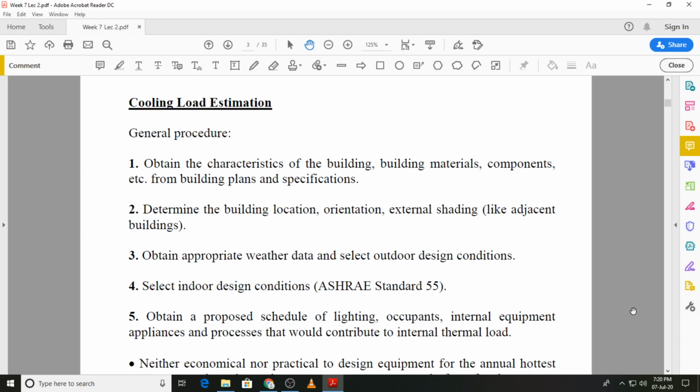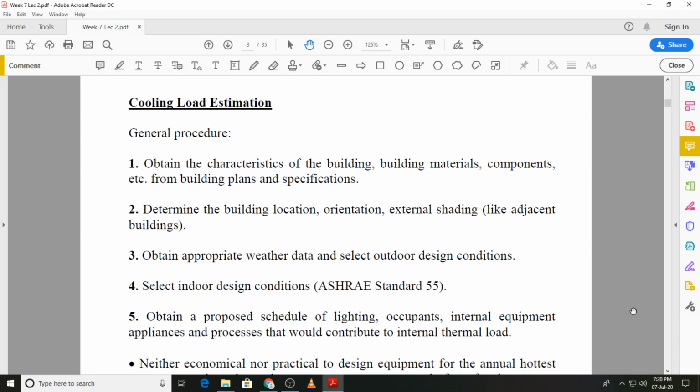When we say orientation, it is with reference to the north direction: what is the orientation of the building? That will also be required when we calculate the cooling loads. We might also be interested in external shading. For example, if that building has tall structures or tall buildings close by, that will also affect the